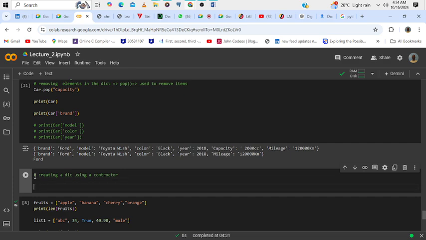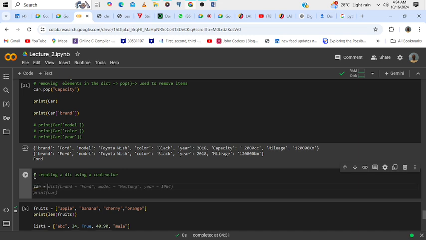In this case, it's quite simple. You can have car equals, brand equals Ford, model equals Mustang. I think you can change this one to Toyota